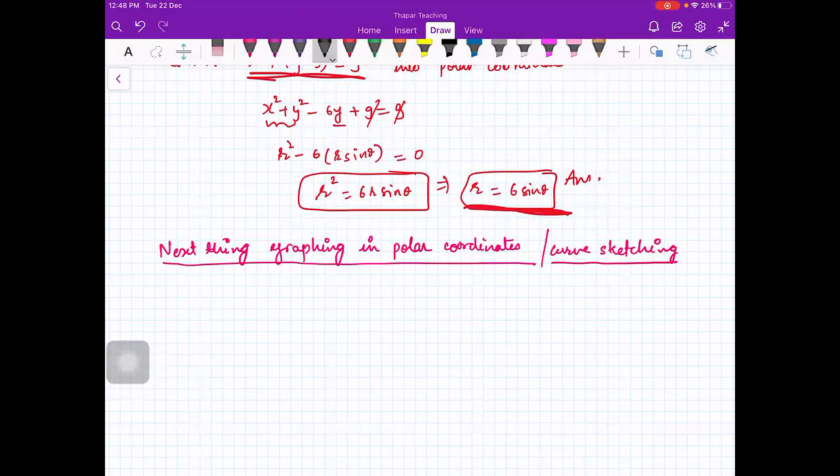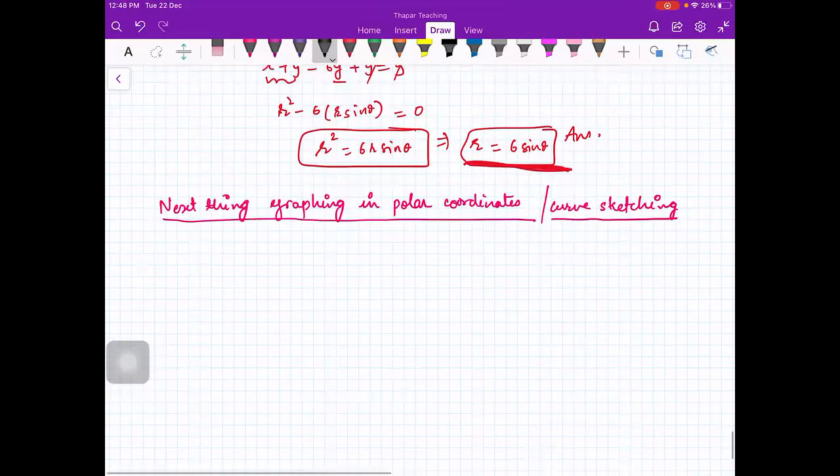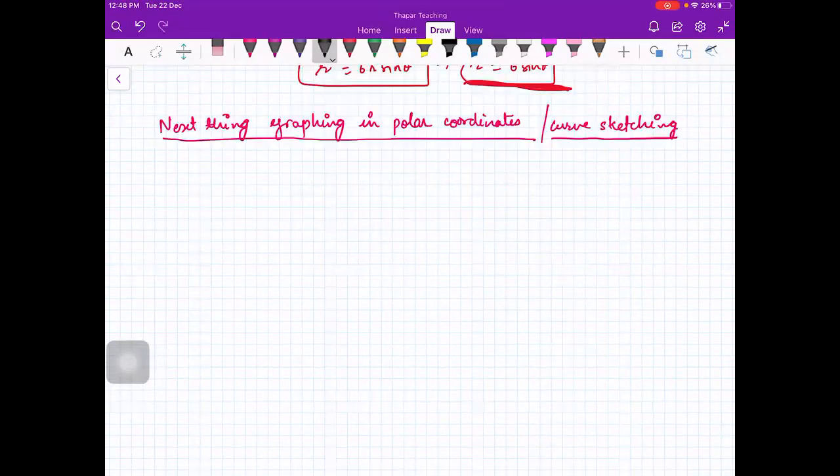So suppose, generally I'm asking, if you want to plot a curve, then what are the features you will look for? Suppose I give you a function and I want you to plot it, and I don't want you to use Desmos or any software. So what are the first things you will check before plotting? Maxima and minima points. Yeah, that you can do. Anything else? Extreme points, where are they? Yeah, that is maxima minima you are saying. Anything more? Ma'am, where the curve cuts the y and the x axis.